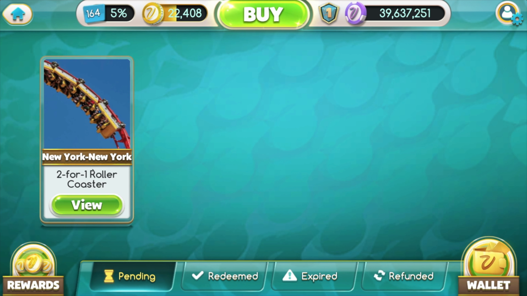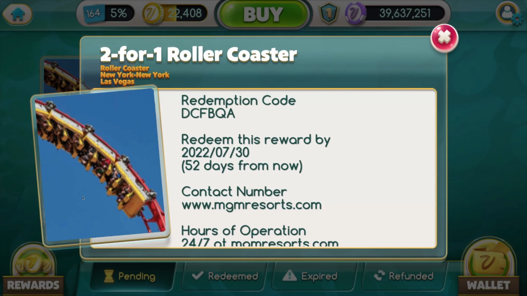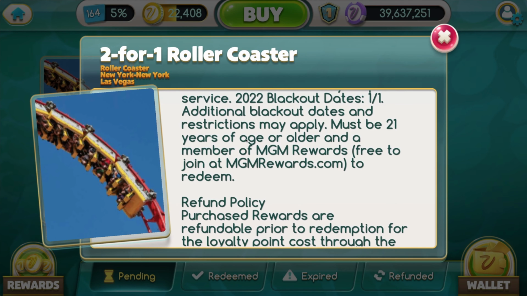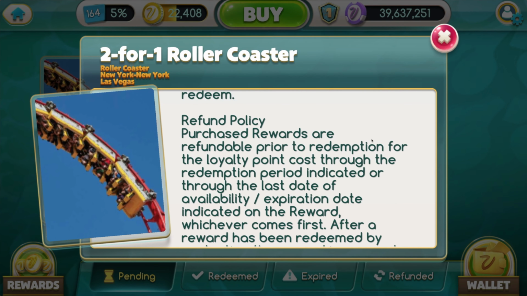So it's very important to know that you can only do this if you have not yet redeemed this reward. If we go look at the reward information and scroll down, it's got all the details, including the refund policy. The refund policy does say purchase rewards are refundable prior to redemption for the loyalty point cost through the redemption period indicated, or through the last date of availability / expiration date indicated on the reward, whichever comes first. And it goes on to say after the reward has been redeemed, you'll be out those points